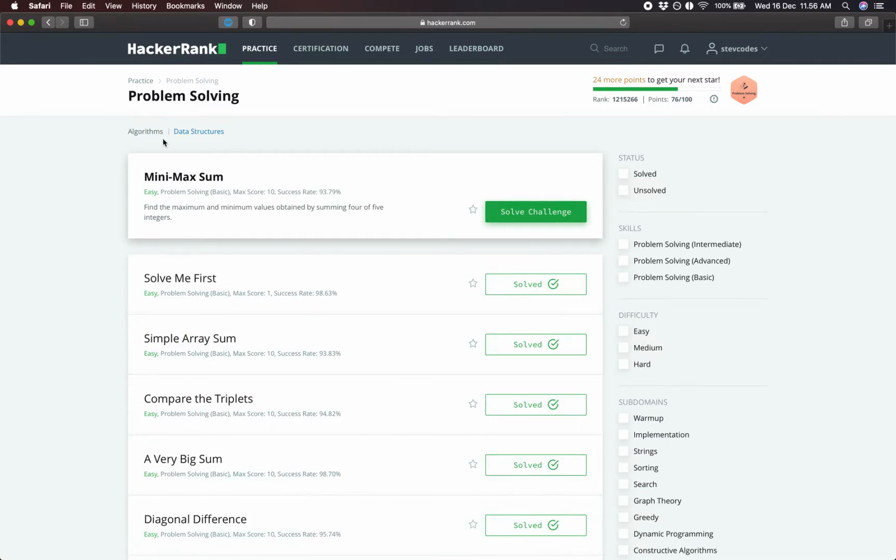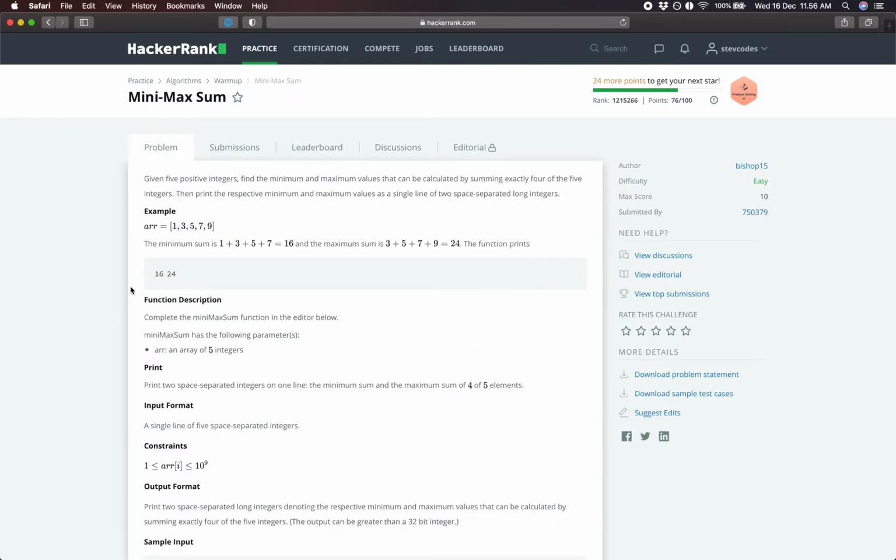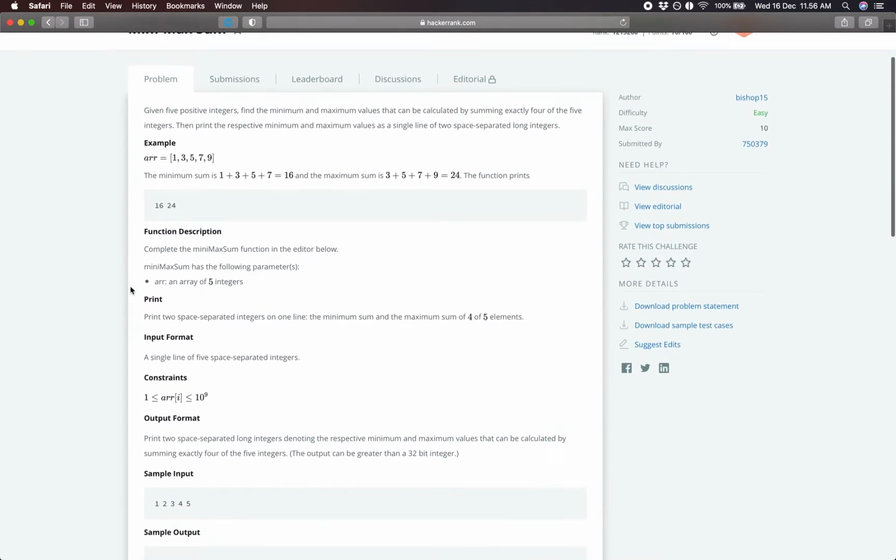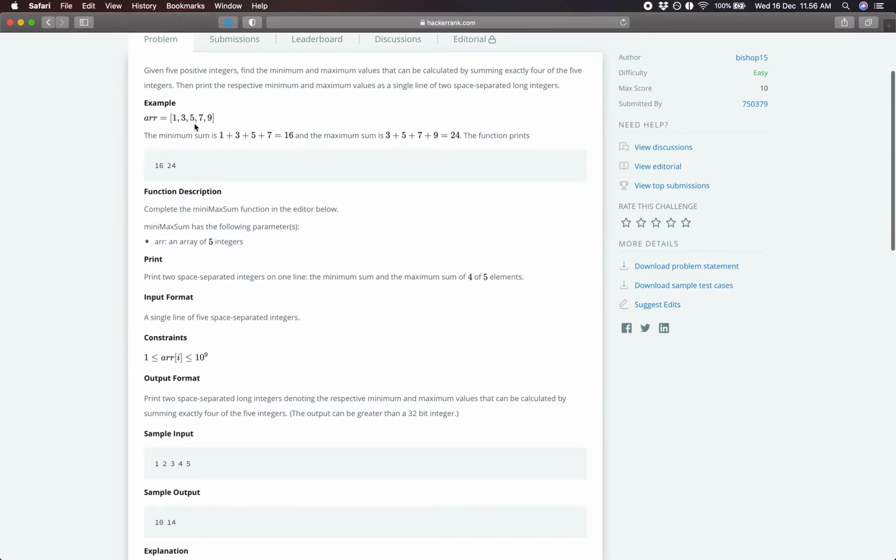We are gonna solve this problem. It is called minimax sum. Let's solve it. Okay, minimax sum. Given an array 1, 3, 5, 7, 9, what you do is you print